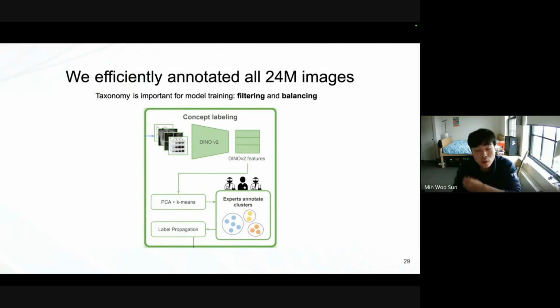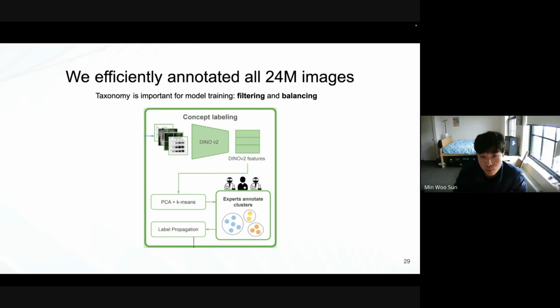We also did additional work on the images. So we efficiently annotated all 24 million images with concept labels. This is important because one thing Alejandro actually mentioned during the motivation was the paper on zero-shot performance without exponential data. Concept frequency matters a lot when we're training these models at scale, right? We want concept diversity. And in order to know what type of concepts are represented in the data, we actually do need these concept labels. And not only that, these labels allow us to filter the data to specific domains of interest and also balance the different types of concepts when we're thinking about the data composition.